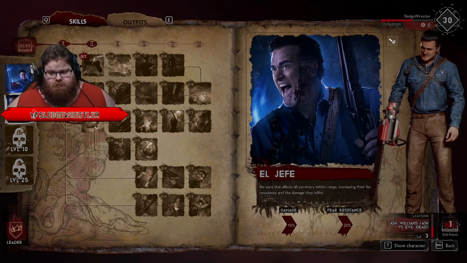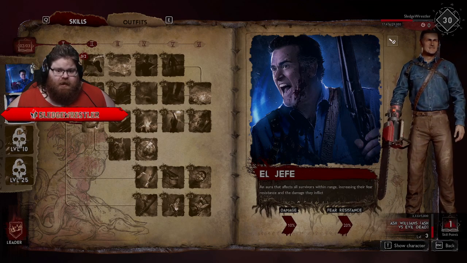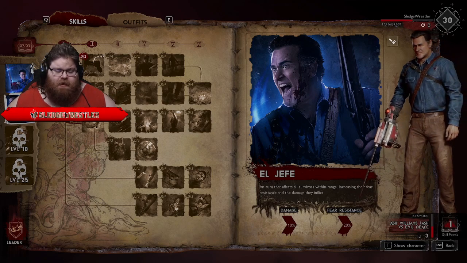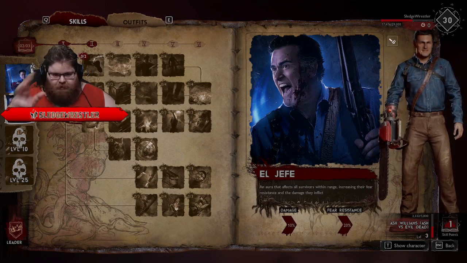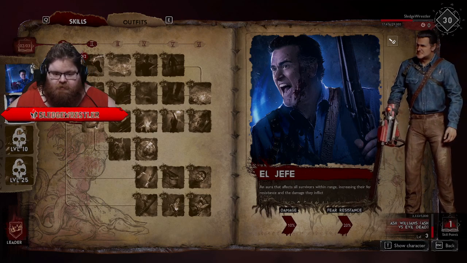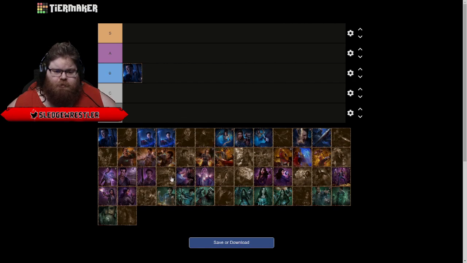So basically, if you stick with your team, that's a big deal for a lot of the characters in this game. AOD Ash has really bad fear resistance. Evil Dead 2 Ash has really bad fear resistance. And really just hunters and warriors in general. So that's a big deal, to give them that fear resistance if you're near them. So that's fantastic. I think it's a decent ability. It's not one of the super OP abilities or anything. So I would probably put it...